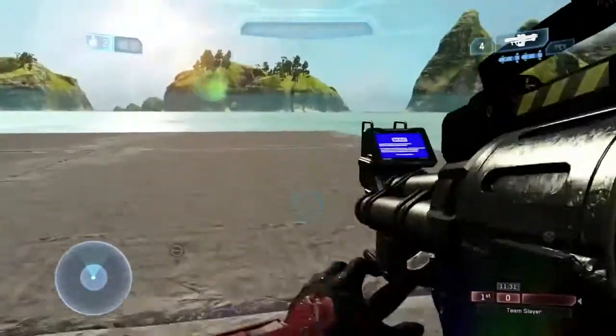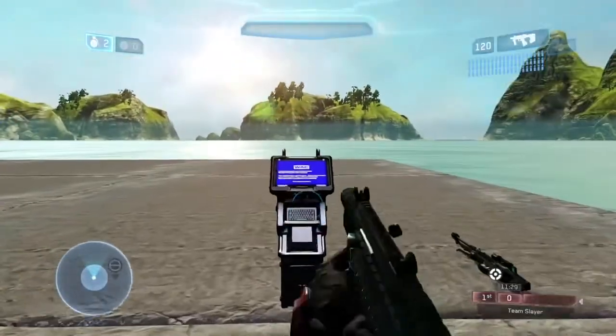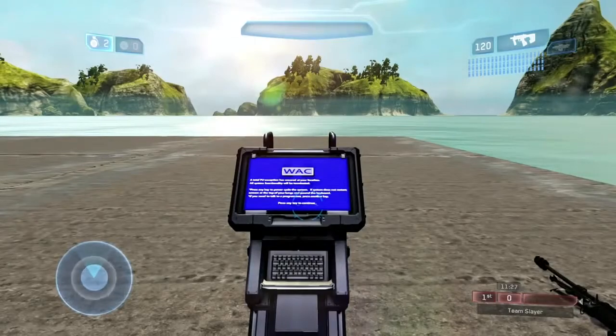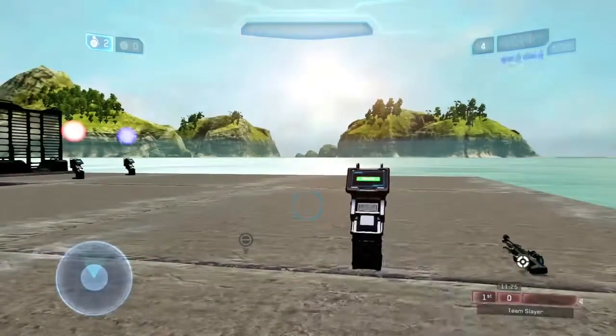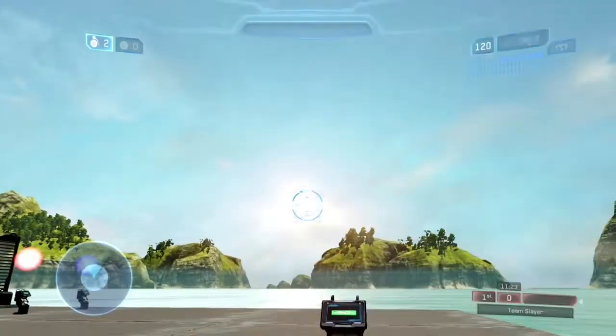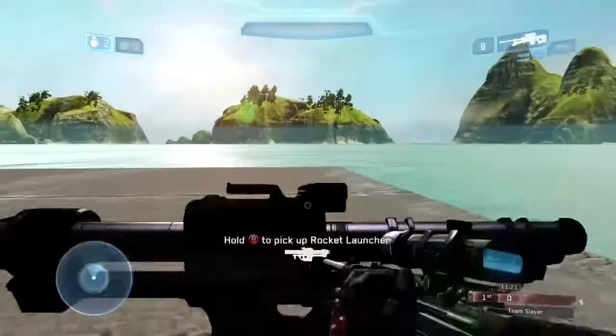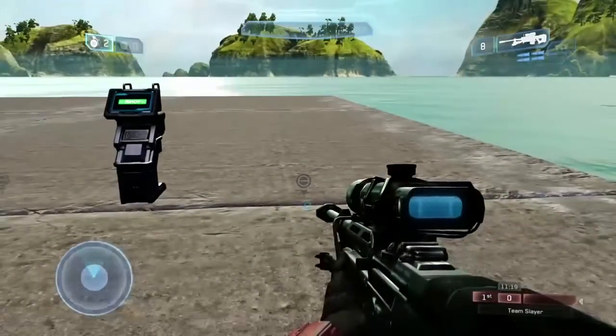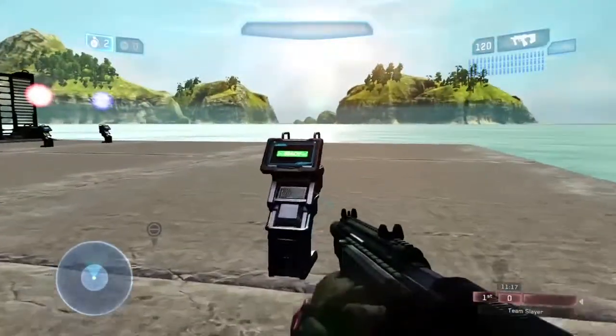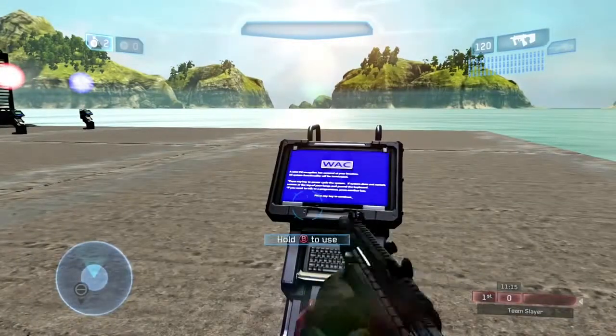Now the thing to be aware of with the weapons, such as this rocket launcher here, is that if you turn off the channel while you have it equipped, it will still not disappear. It'll only disappear when you don't have it equipped, like so. So if we bring it back in again,